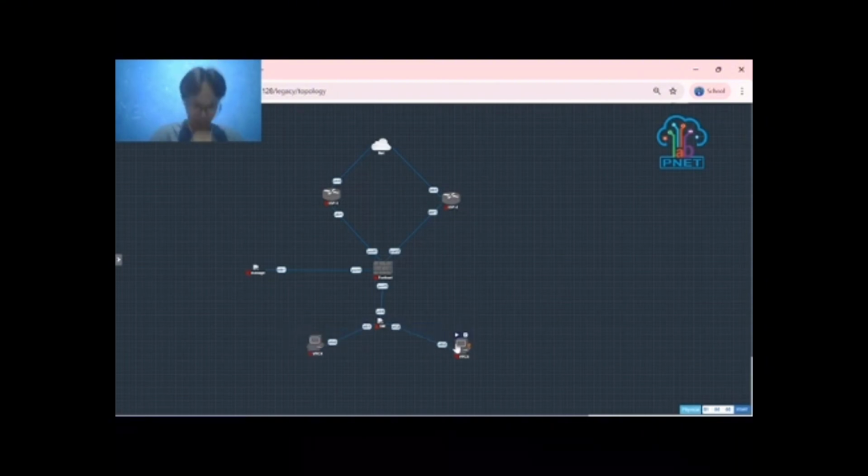So if we make the failover link here, and we ping from here to the internet, for example the IP address 8.8.8.8, or Google DNS, we have two ways or two links.